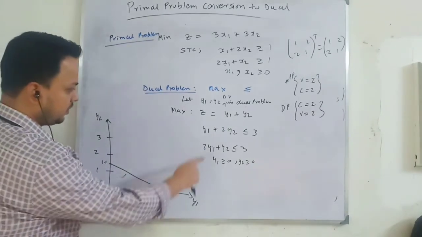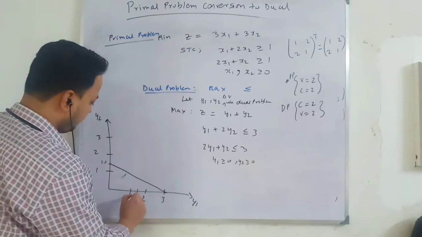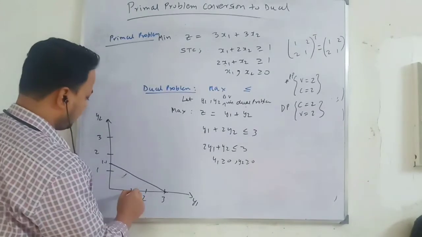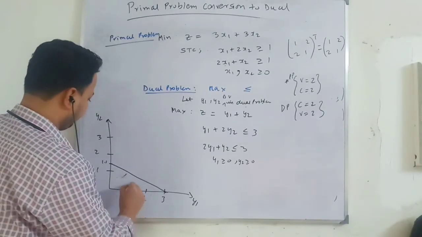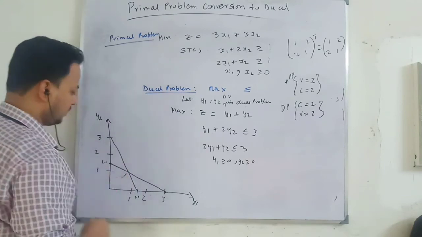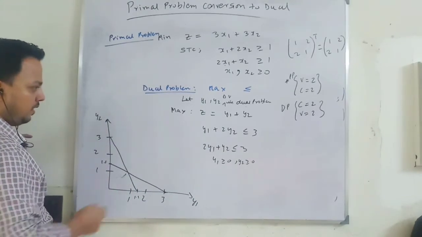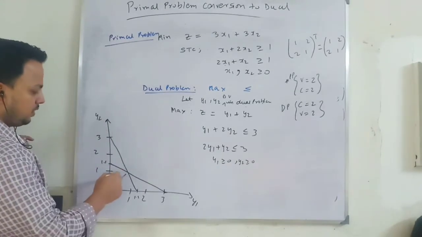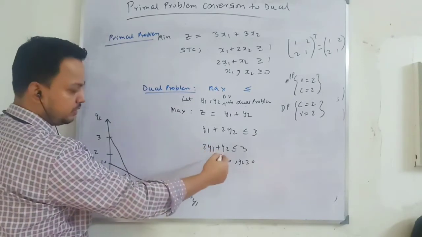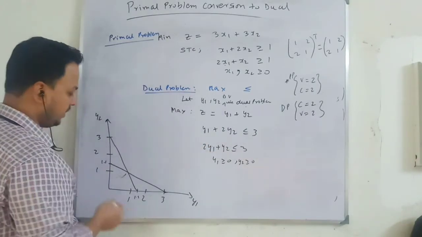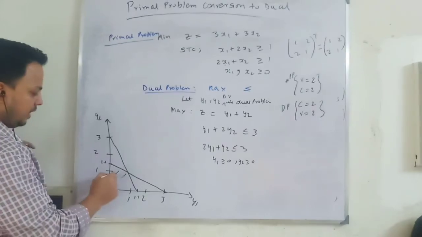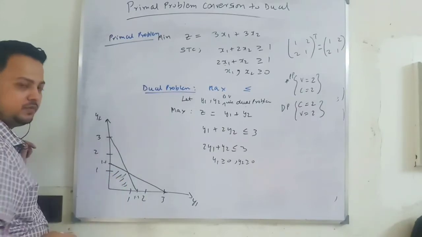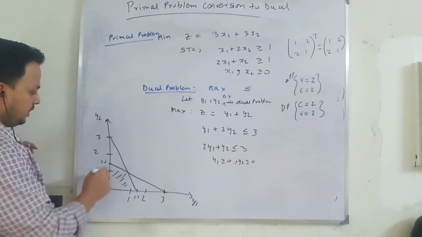Second equation, y1 will be 1.5. Okay. y2 will be 3. And what will be my feasible region? Towards the origin. Okay. Put 0. 0 less than equal to 3 satisfied, and it will be towards the origin. And this is the common region or feasible region that we have.